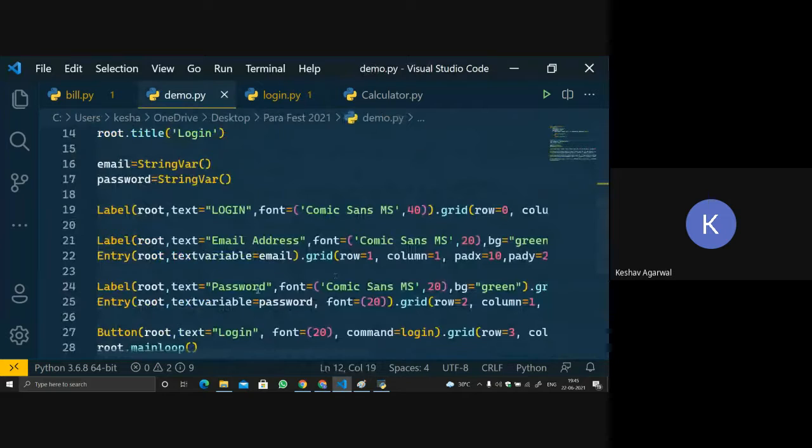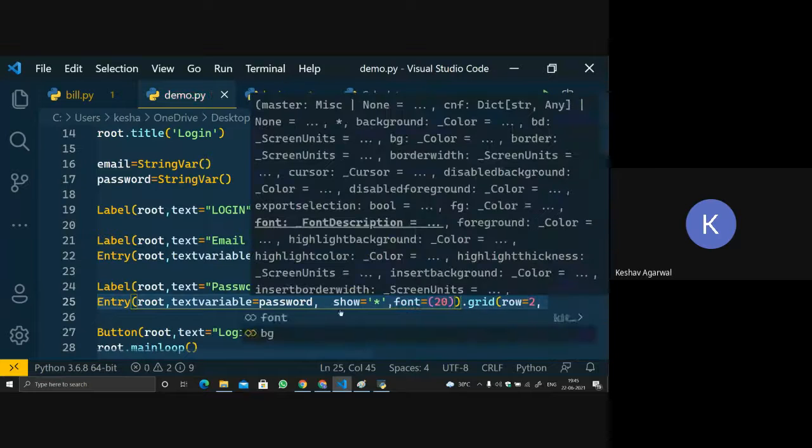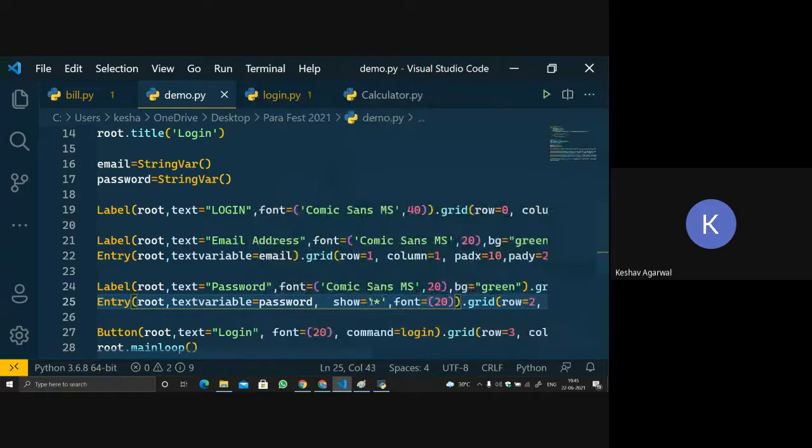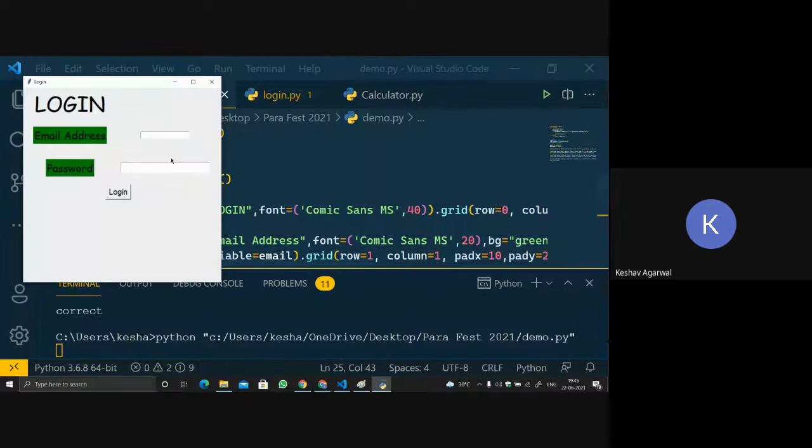So in this part we'll put a comma and then show equals to star. Whatever you enter over there, it will automatically show star instead of your password. So let's enter 1234. Is it fine now? Yes, yes. Okay.